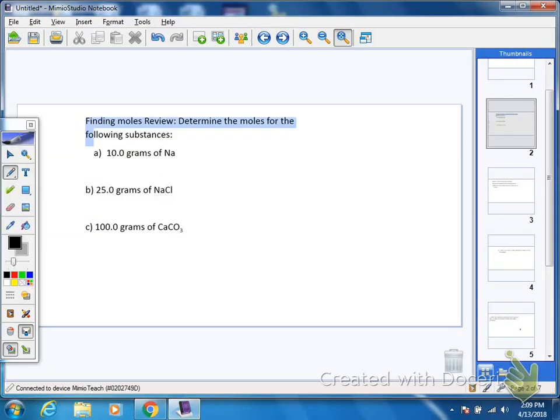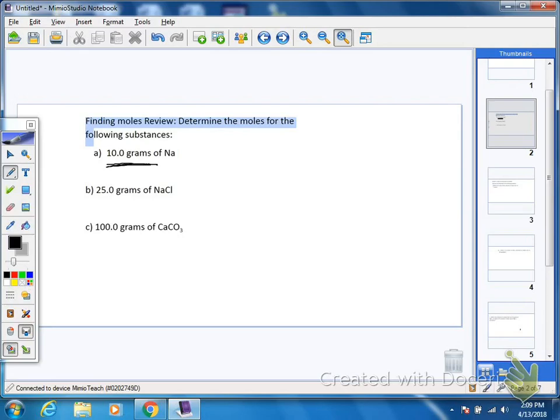Okay, well, the first thing we're going to do to review is look at finding moles. This is something we've done a lot of in here at different times. When you go A, B, and C, they progressively get a little bit tougher, not too bad. On the first one, we have 10 grams, and we've got to change that into moles